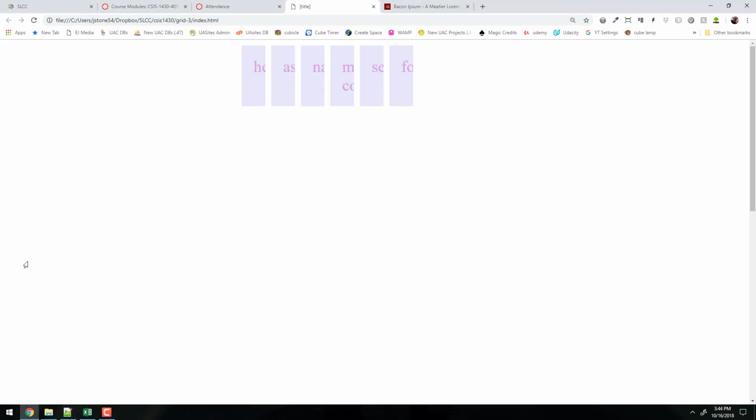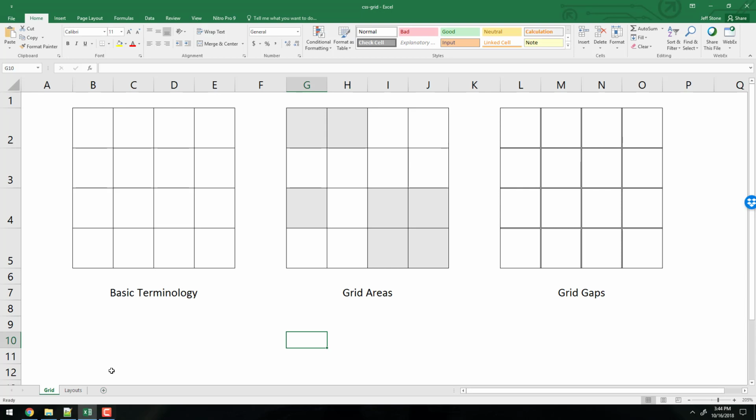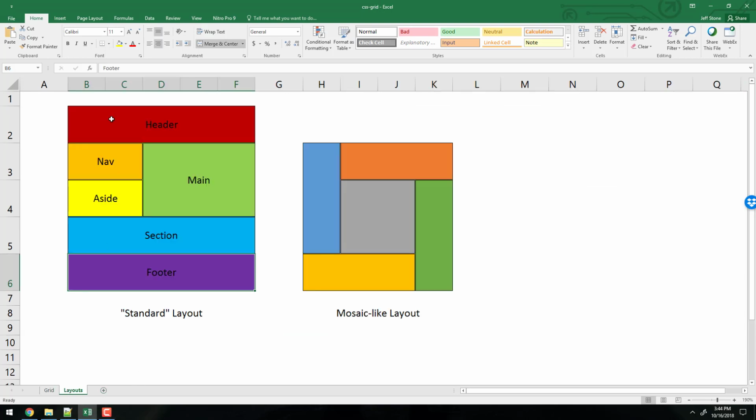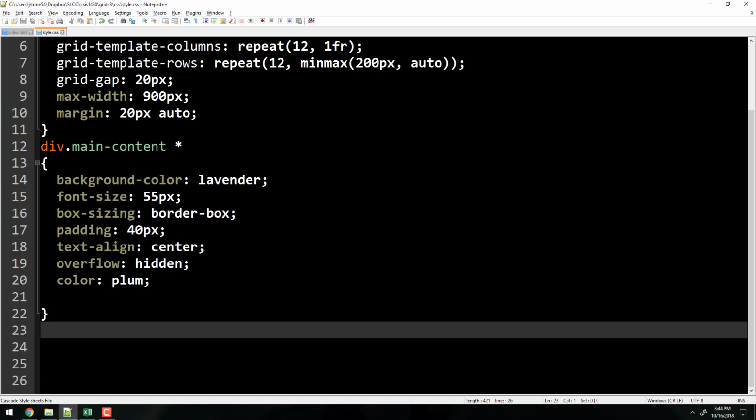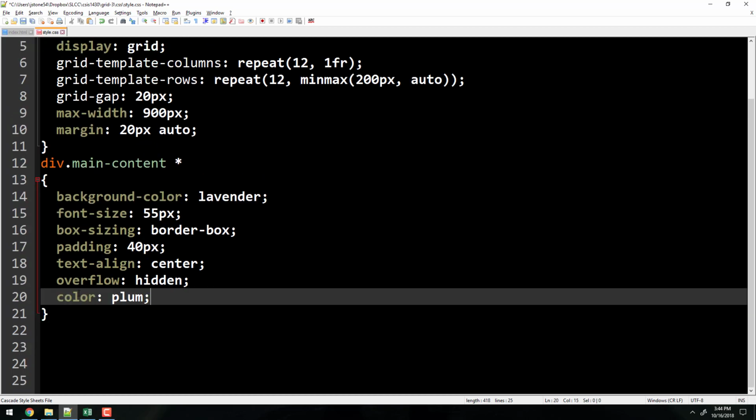So this is where we're at. What I want to do is make something that looks like this, okay? Header, nav, aside, main, section, footer. All right? So let's see if we can figure out how to do that. What did I say it was? It's a 12 by 12 grid, right? Okay. So if it's 12 by 12, and each thing's going to be at least 200 pixels tall, I want to target each of those properties separately. I want to target the header,